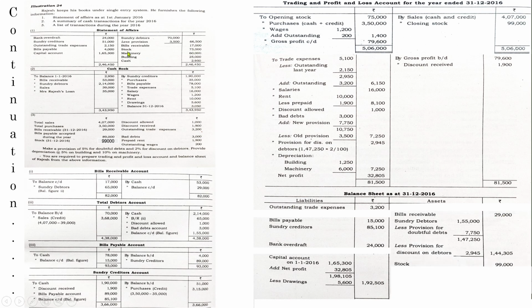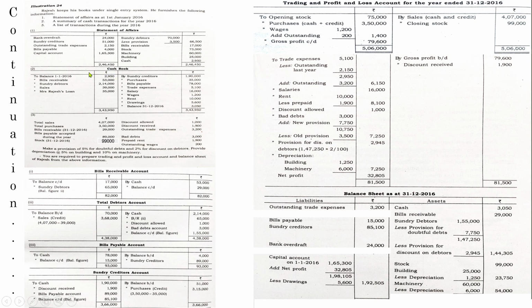After that, stock. 75,000 is opening. Go through the additional information. Stock is 99,000. Next one, machinery. There is depreciation with regard to that. Adjust the amount. Next one, buildings. There is also depreciation on building. Adjust the corresponding amount. Show the net amount. After that, cash book. Here opening is there, but go for the cash book account. See, closing balance is given, 3050.